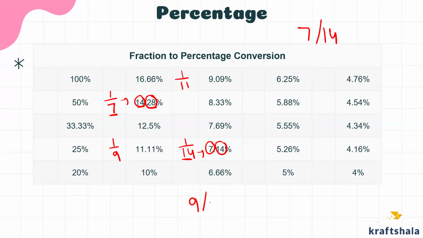Similarly, 9 and 11. 9, 11. Something happened on this date, the Twin Tower attack. So I remembered it using that analogy. Denominator 9, table is of 11. Both sides. 11 ones are 11, 11 twos are 22. Denominator 11, table is of 9. 9 ones are 9, 9 twos are 18. Okay?